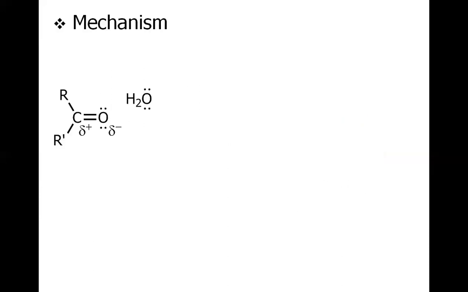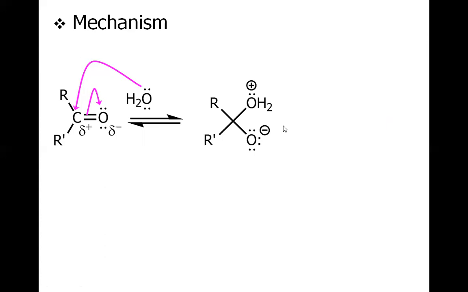So what should be the mechanism? It is very simple. Water is serving as a nucleophile, and it attacks the electrophilic carbon of the aldehyde or ketone, and as a result this pi bond between the carbon and oxygen is broken to have this tetrahedral intermediate. Here one oxygen is in its oxyanion form and the other oxygen is in its oxonium form. So after the proton shifting, this H transfers here and we have the gem diol.